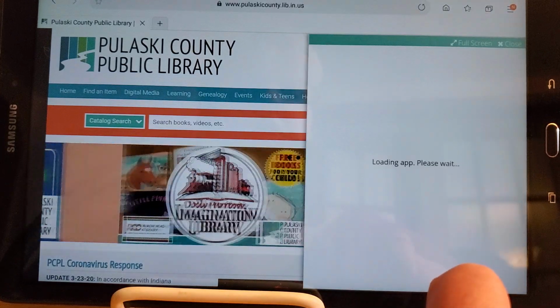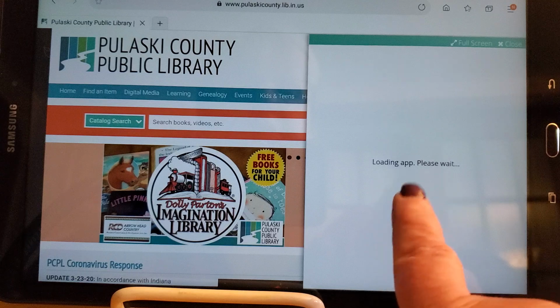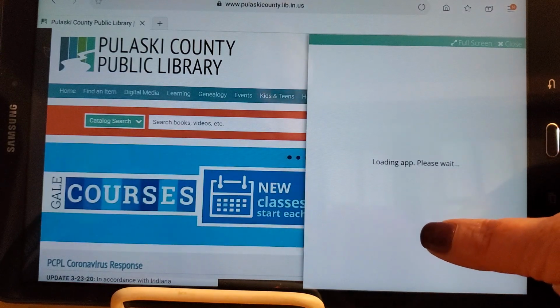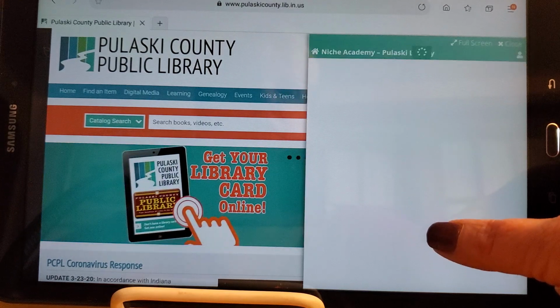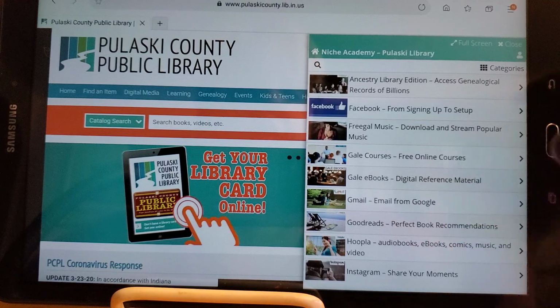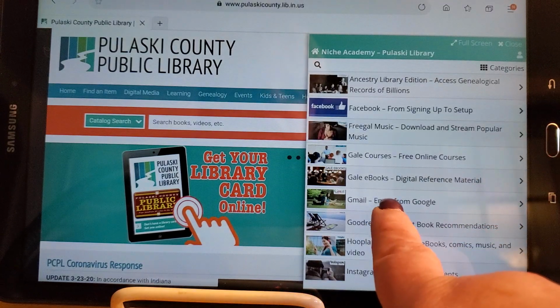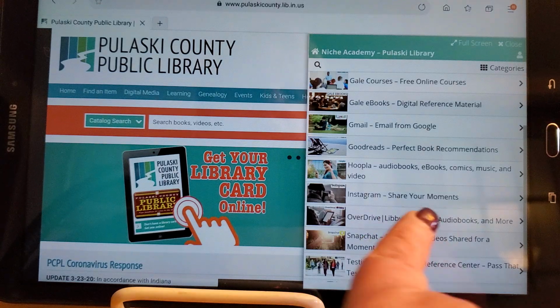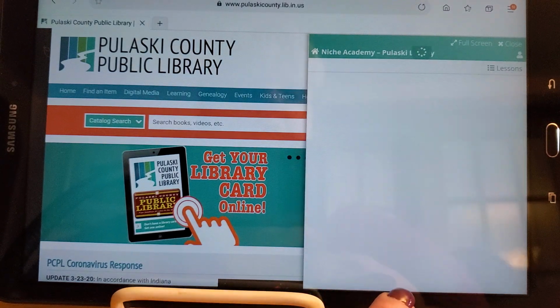If you click there, it's going to bring up different items, but there is one for Overdrive and Libby, and it's taking too long here, but it's coming. There it is. So you come down here, and here it says Overdrive Libby. If you click on that,